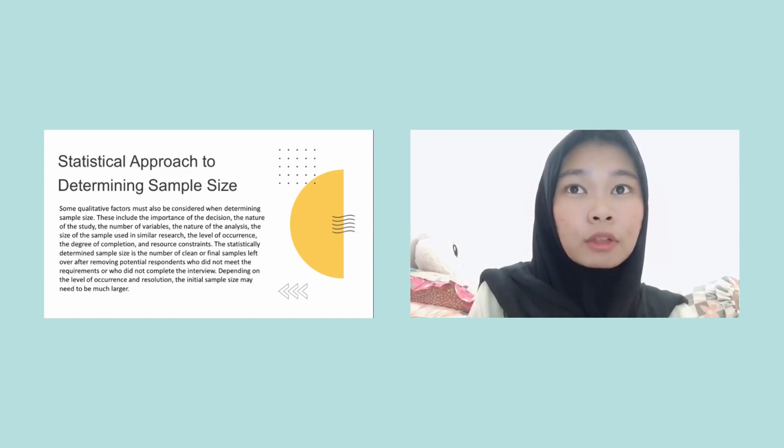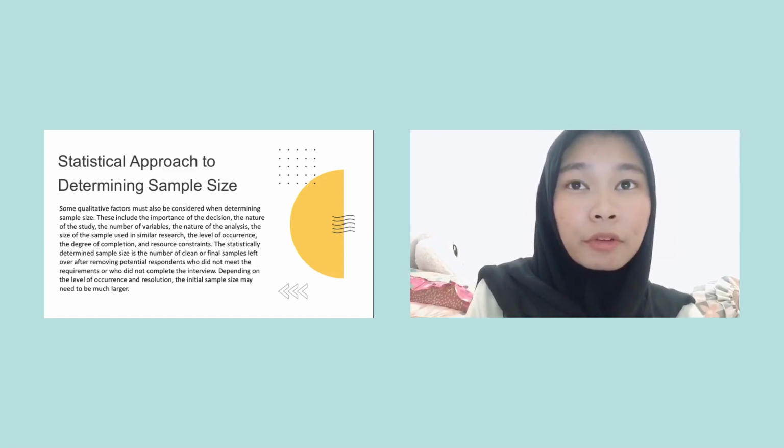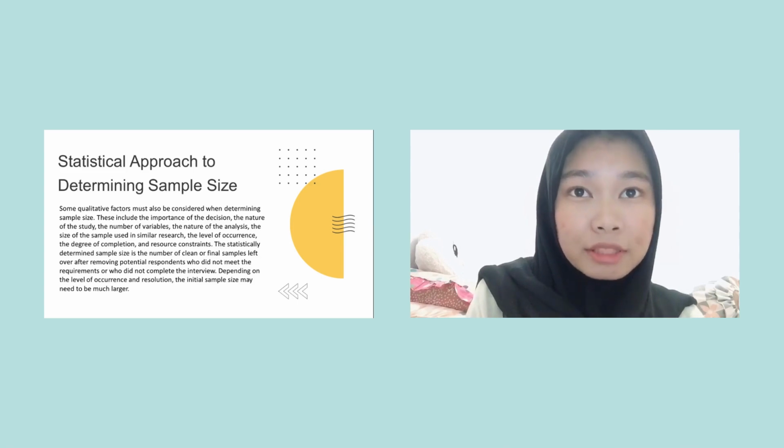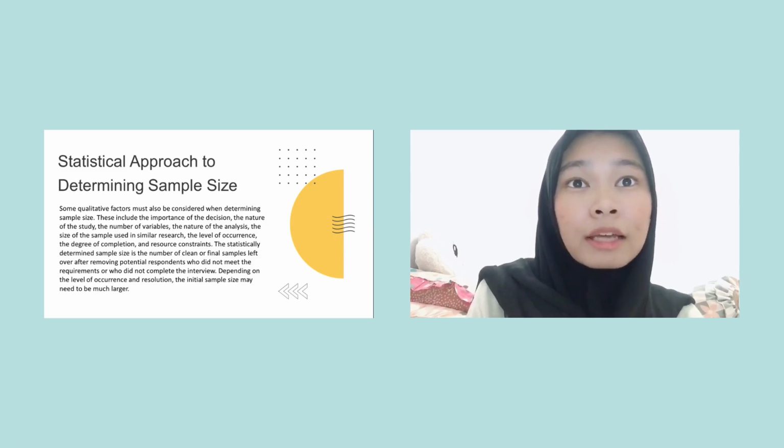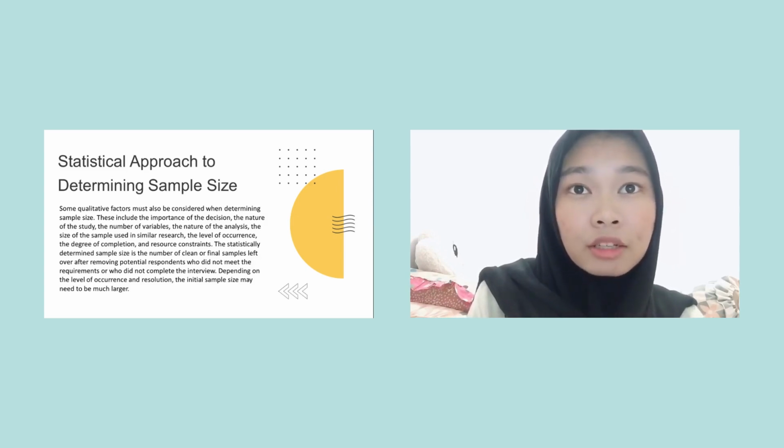Statistical approach to determining sample size. Some qualitative factors must also be considered when determining sample size. These include the importance of the decision, the nature of the study, the number of variables, the nature of the analysis, the size of the sample used in similar research, the level of incidence, the degree of completion, and research